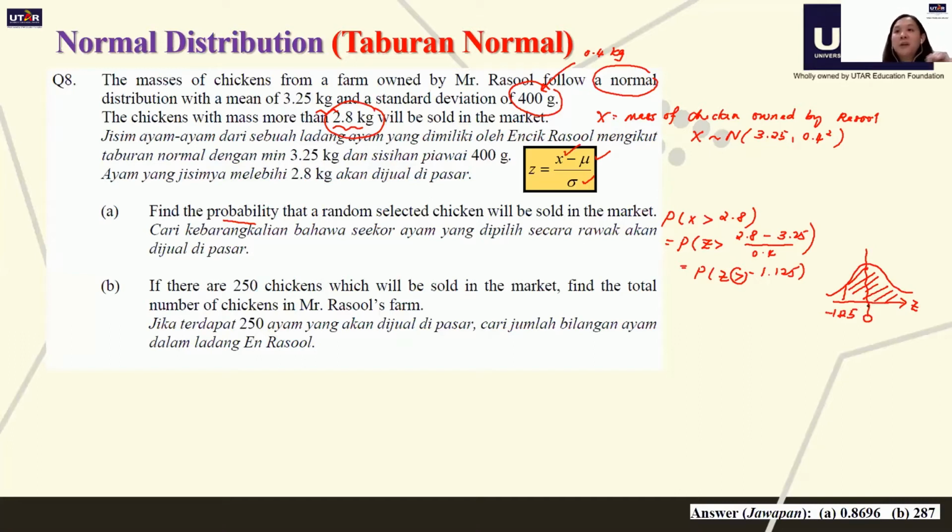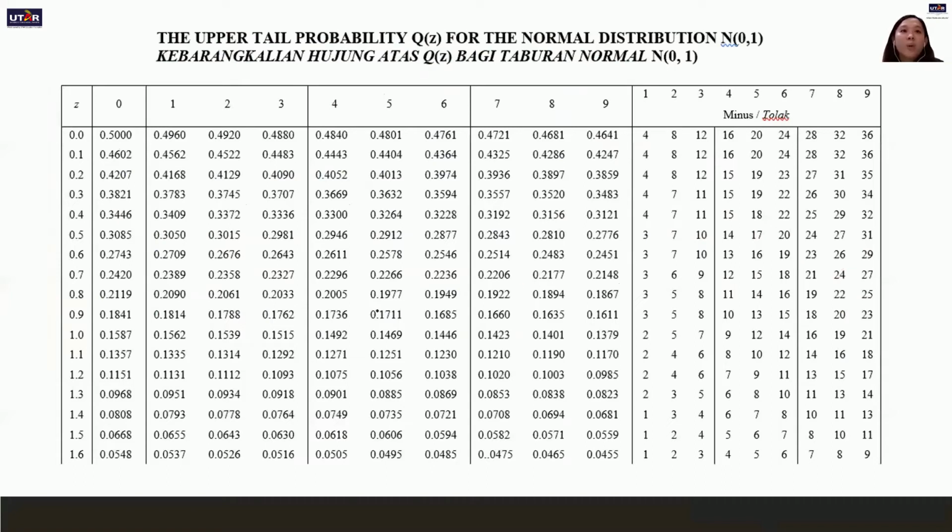So therefore, in my table, I find the opposite answer here first, and then I take 1 minus. Take this answer first from the table, then we take 1 minus. Let's see what we have for 1.125 first. 1.125 is from 1.1, 2, and 5 here, right? You get this here. So you take this answer minus the answer you have here, minus 10 from the back. You have this as